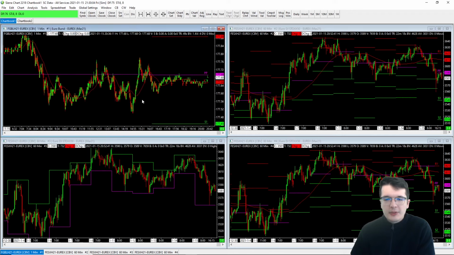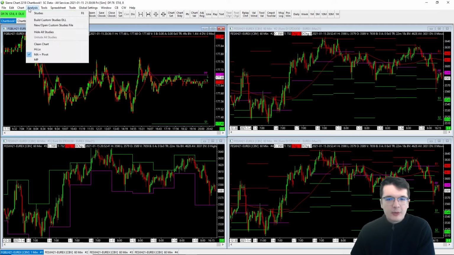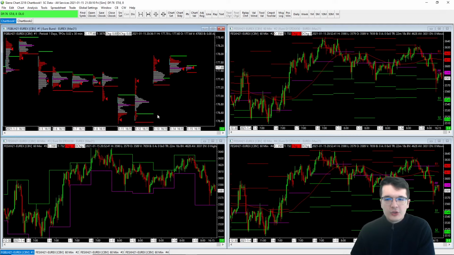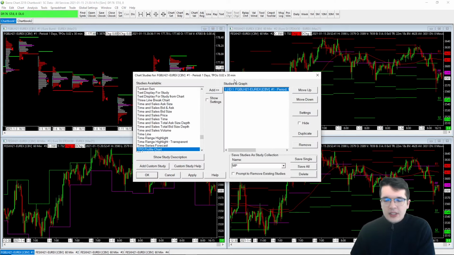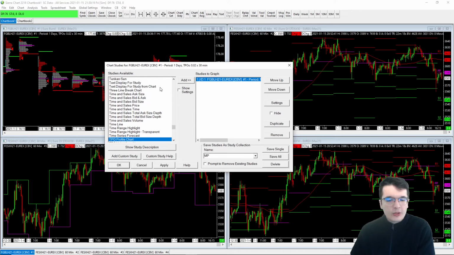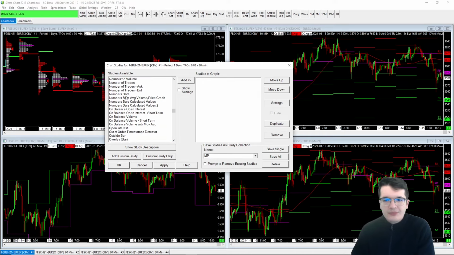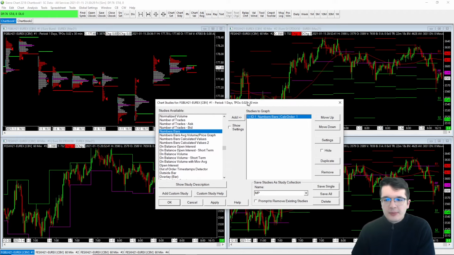I have these pivot points and moving averages, but actually I want my profile chart, and you can click on MP, and it's already gone to your profile. Now the footprint in Sierra is called number bars. So if I remove this previous market profile and go to N for number bars, I can find it here. I can add them, and as soon as I hit apply,